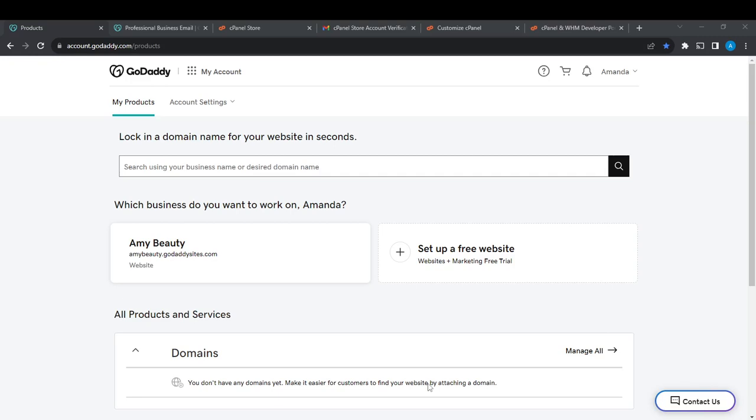Hello, in this tutorial I'll show you how to unlock a domain on GoDaddy. So if your domain has been locked and you want to unlock it, here's what you should do. The first thing I'd like you to do is to launch your GoDaddy account,